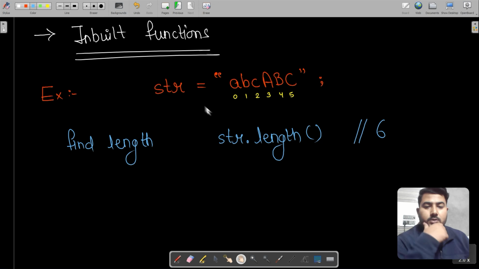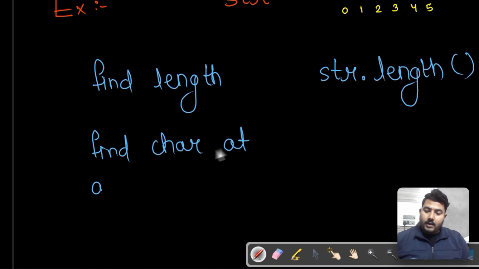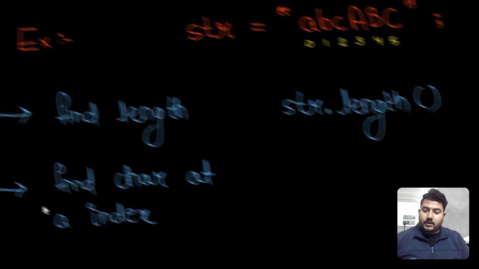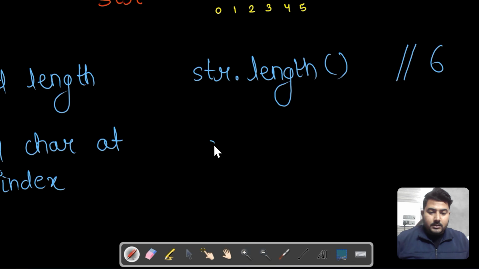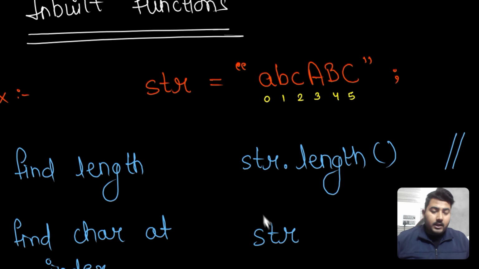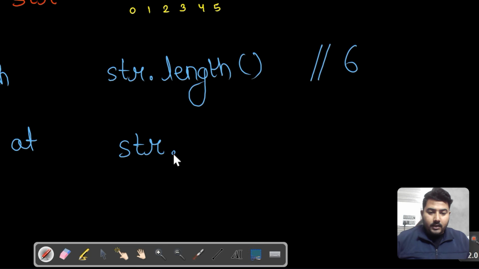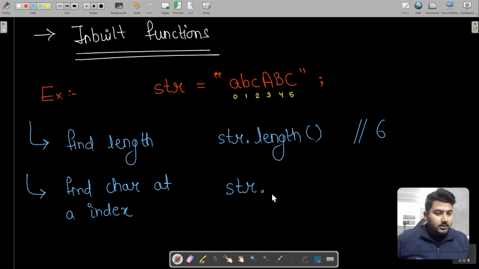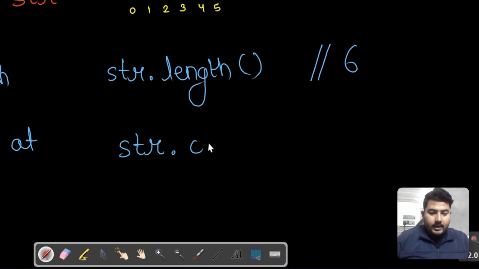Let's suppose I wanted to check what exactly is present at index 2. Which character is present at index 2? Same as array, we can easily access these elements as well using the index. Find character at a particular index. This is the first one, this is the second one. How do we do that? We have to simply write down the name of our string, which is str, and then with a dot we have to mention charAt, which is simply short for character at,